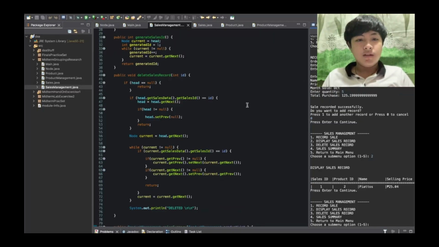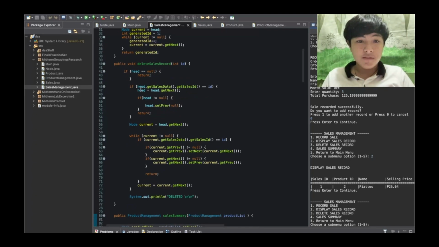Next is the third method called delete sales record. We can see here is just error handling, which checks if the head is null, then just return. If the head matches the ID that the user wants to delete, then the head will be null and the next head will be the next node, which is right here.